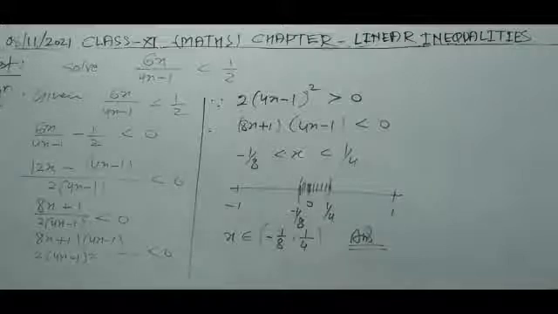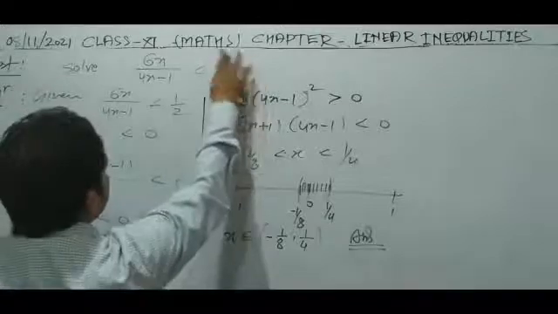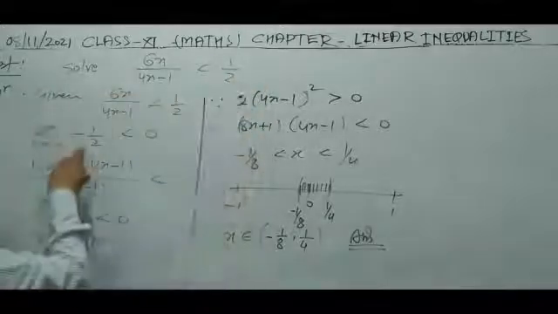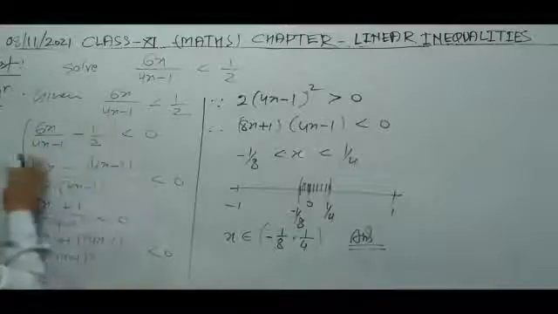Now in this question, what do we have to do? We have to find the values of x for which this inequality is satisfied. You have to equate to 0, so you have to bring 0 to the right. So 1 by 2 will come to the left. After calculation,